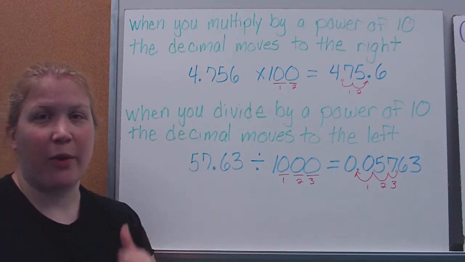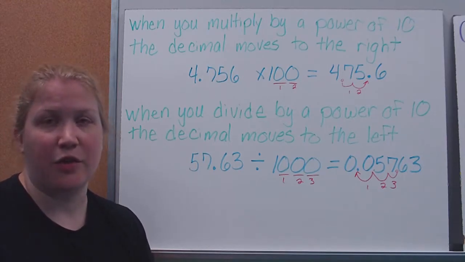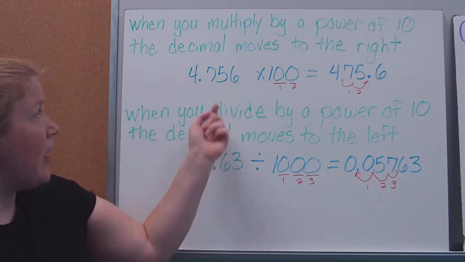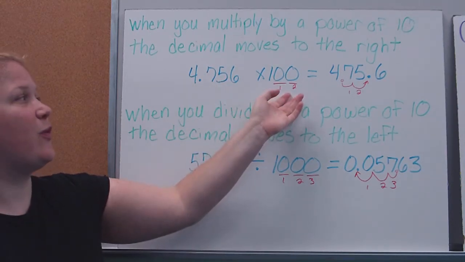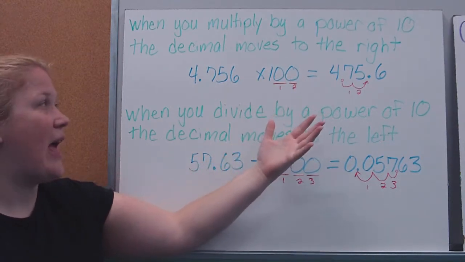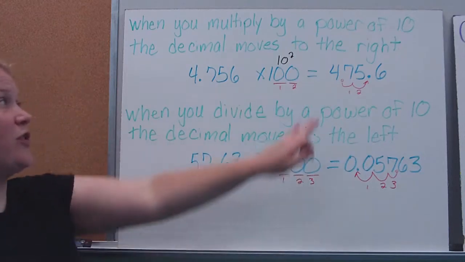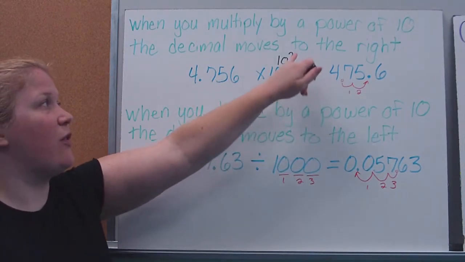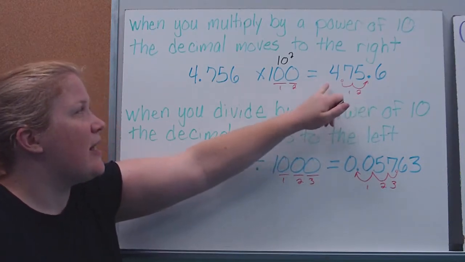This is the important thing that we want to remember because it'll help keep us straight when we're trying to write scientific notation in standard form, meaning actually writing out the number. So I just gave you an example here. If I have 4.756 times 100, if you'll recall, the number of zeros in your power of 10, or I can write 100 as 10 to the second, would also be my exponent. I have two zeros, 10 to the second. I'm moving my decimal to the right 2 places. This becomes